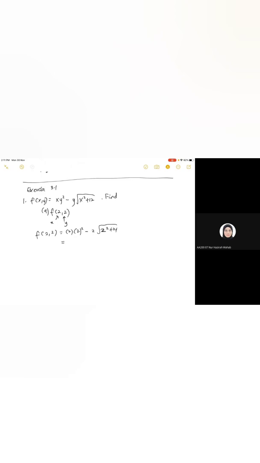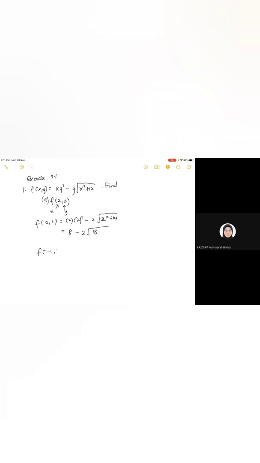Ini tak ada masalah lah ni. So 4 darab 2, 8, tolak 2. 4 tambah 14, 18. f(negatif 1, 3) should be